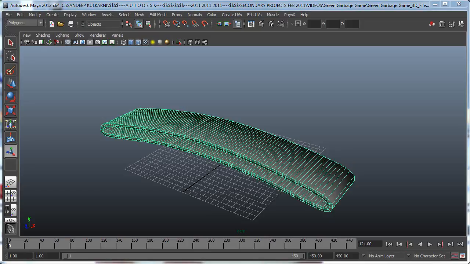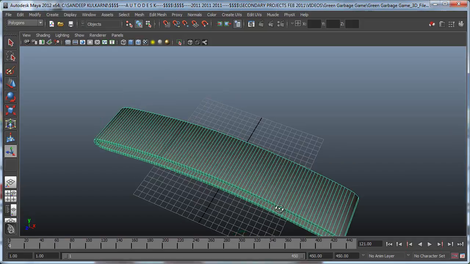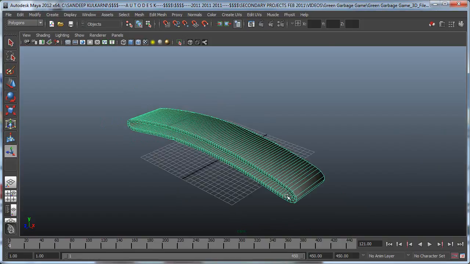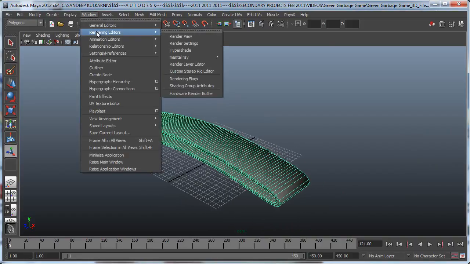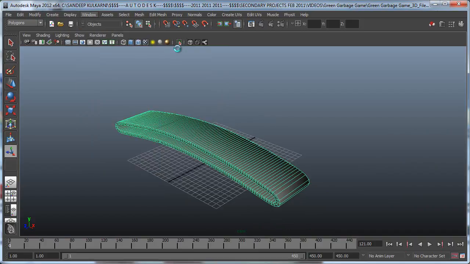Hi, in this video, let's take a look at how we can texture the conveyor belts over here. So I have a different model of a conveyor belt over here, as you can see. And right now, it's just got a simple shader right here. So if I go to Rendering Editor's Hypershade,